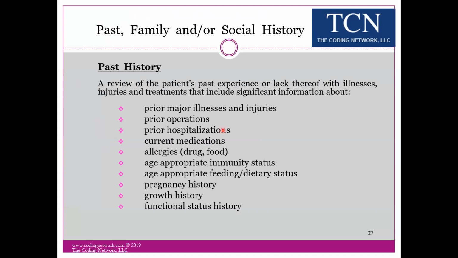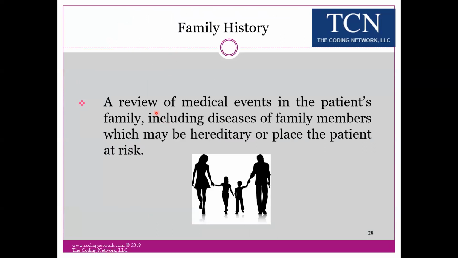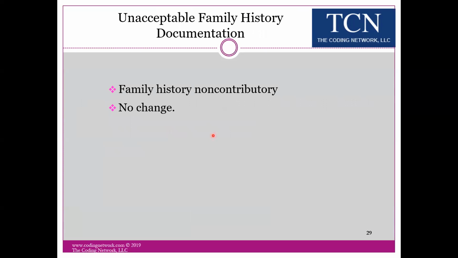Past family and social history, well, these are examples of past history, so you only need one item. Family history, a review of medical events in the patient's family, any diseases, anything that's pertinent. One of the things I want to point out, some of the insurance contractors seem to take issue with the